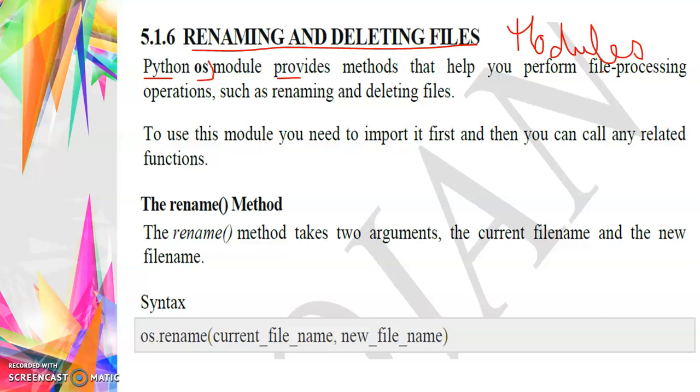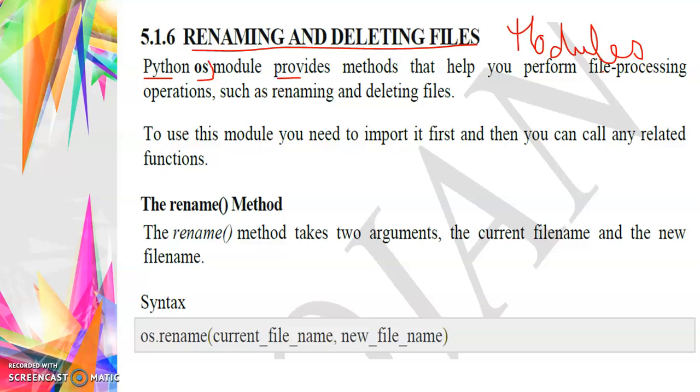In C++ there are header files, in Java there are packages. The same thing in Python is modules. In those modules the predefined contents are present: predefined functions, variables, objects, methods, present in the particular module.